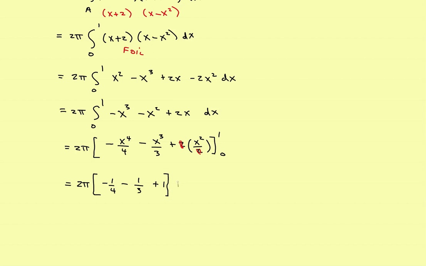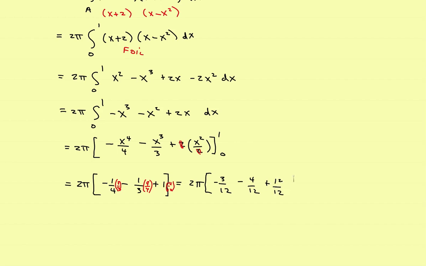Now, at this point, it's just a matter of getting them all over a common denominator. So this is going to be 2 pi. Now, the common denominator here is going to be 12. So what I'll do is multiply this one by 3 over 3, multiply this one by 4 over 4, and multiply this one by 12 over 12. So what that will get me to would be, this will become negative 3/12. This will become minus 4/12. And then finally, plus